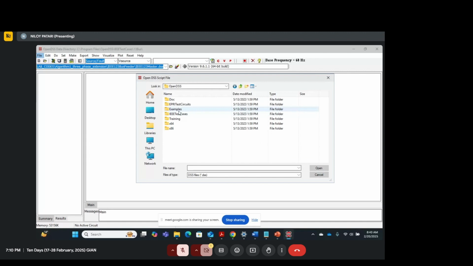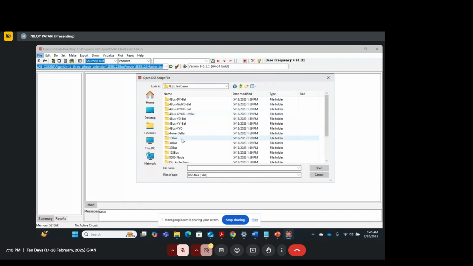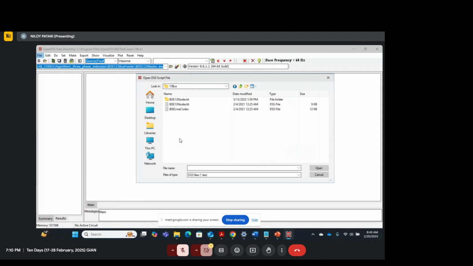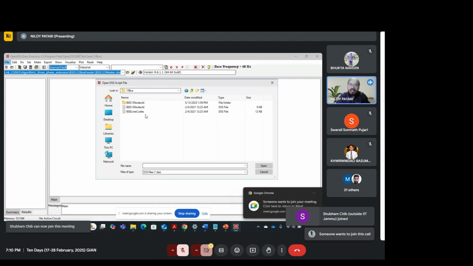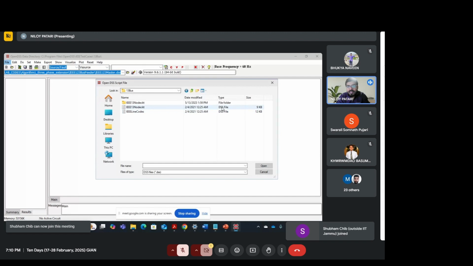Go into the OpenDSS folder, then IEEE test cases, and click on the 13 bus system folder. In the 13 bus folder, you have two files: IEEE 13 node circuit and IEEE line codes. All OpenDSS files are named as DSS files, as you see on the right hand side. If you open this IEEE 13 node circuit,